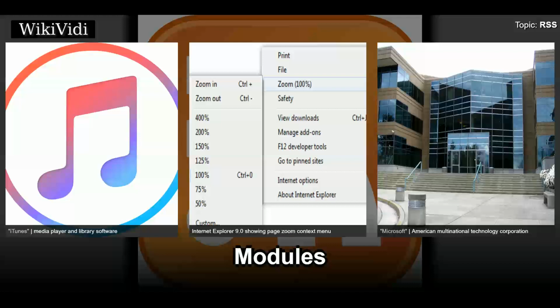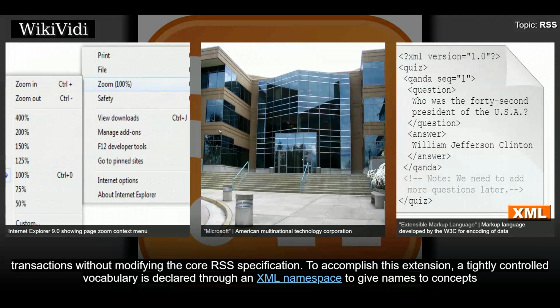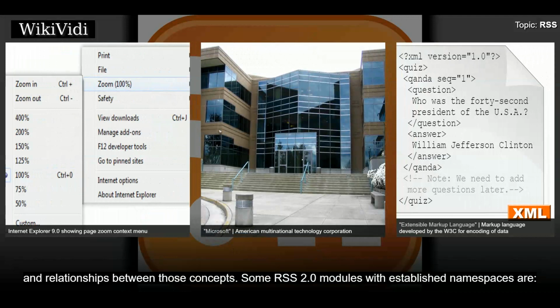Modules. The primary objective of all RSS modules is to extend the basic XML schema established for more robust syndication of content. This inherently allows for more diverse, yet standardized transactions without modifying the core RSS specification. To accomplish this extension, a tightly controlled vocabulary is declared through an XML namespace to give names to concepts and relationships between those concepts. Some RSS 2.0 modules with established namespaces are